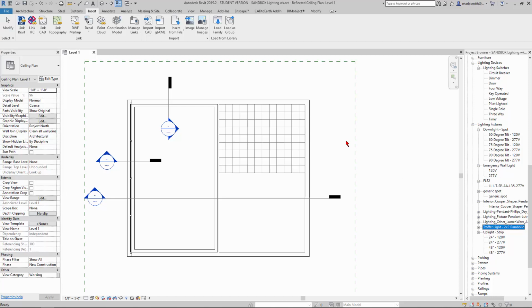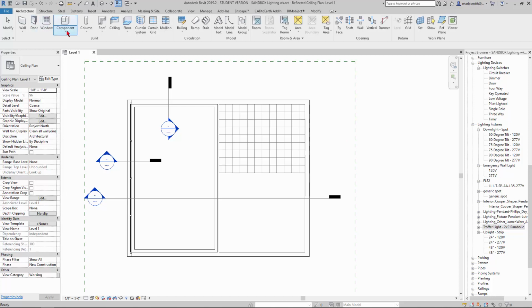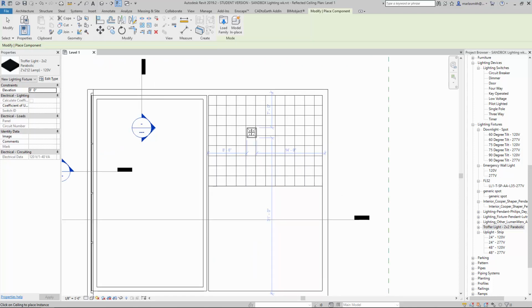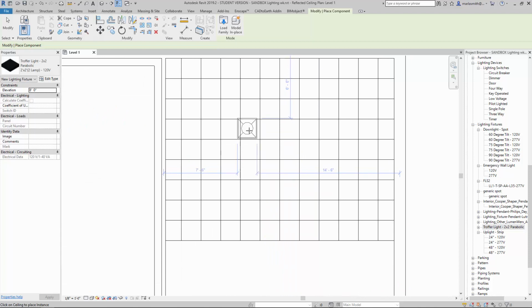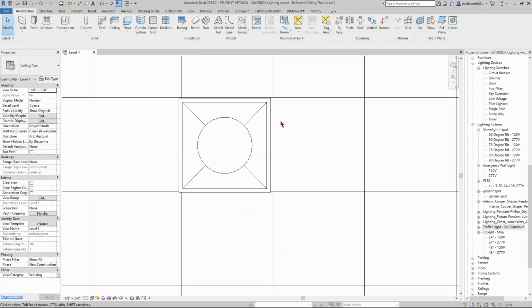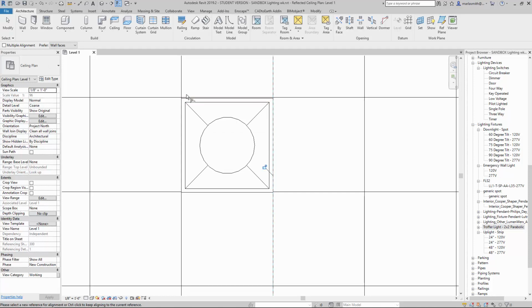Okay. What you can do is you can go to Architecture and just click on Component, place a component. And that thing that you just placed will come up as the first option. And you'll see it'll come in here, and you see nothing in the ribbon right here because this is actually a ceiling based, I believe. So let's double check and see. So I'm just going to come in and I'm just going to place it. Doesn't have to be exact. We can adjust it later, right? And then I'm going to come in, use the Align command, shortcut AL, and just align that guy to